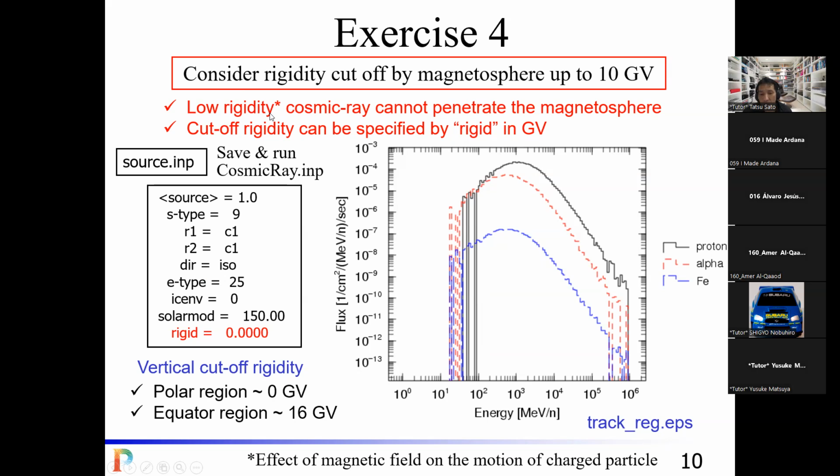Rigidity expresses the effect of a magnetic field on the motion of a charged particle. If the particle has high energy, it has high rigidity, because it's so hard to bend the particle by the magnet. But if your particle has higher charge, then it's easier to bend. But if a particle is heavy, it's also hard to bend by a magnet. So